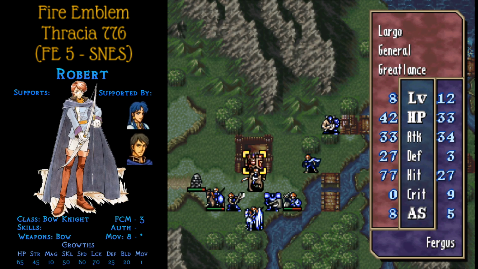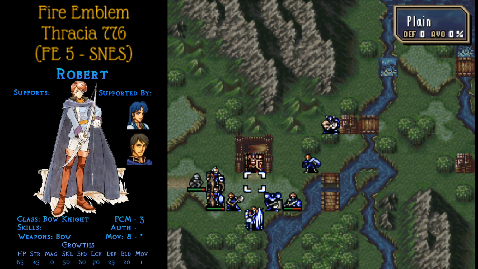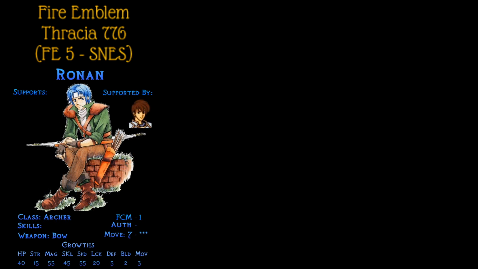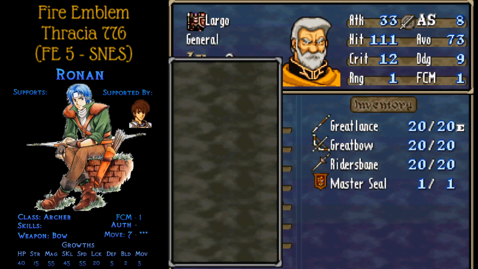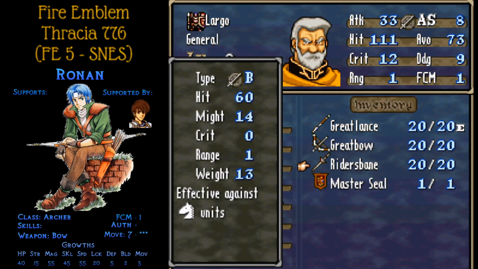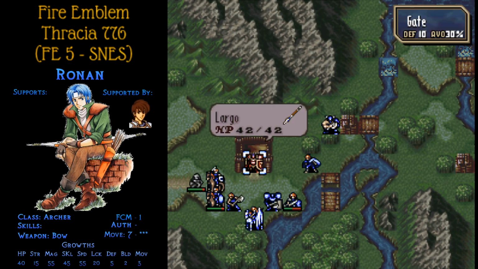At least we're not doubled. Technically, we could probably make him switch to Great Bow, and then he wouldn't counter. And once he's not countering, as long as we can't go out of the way, we can...